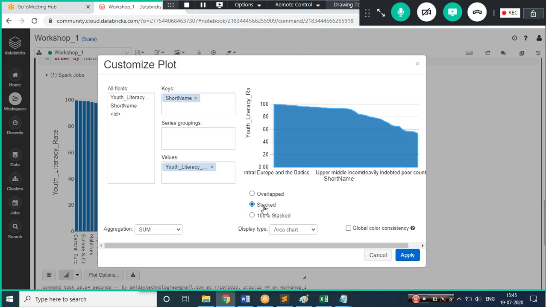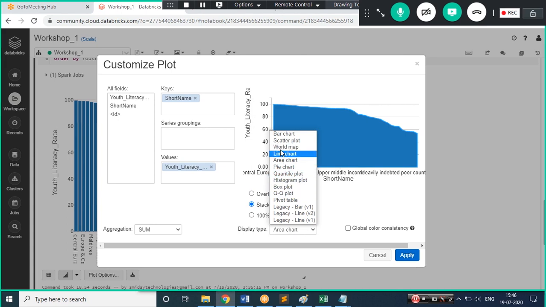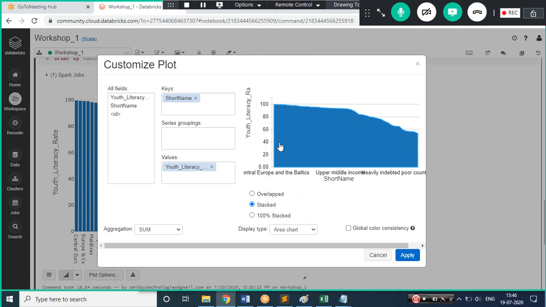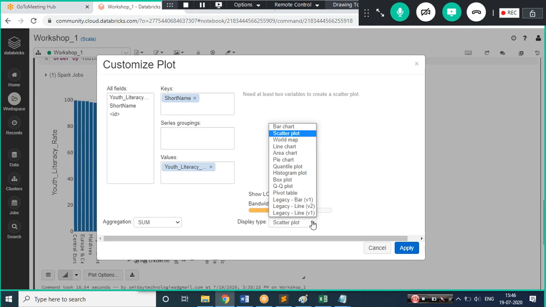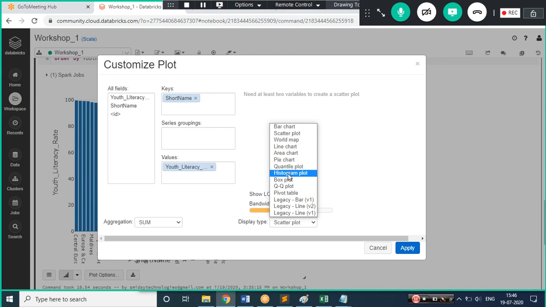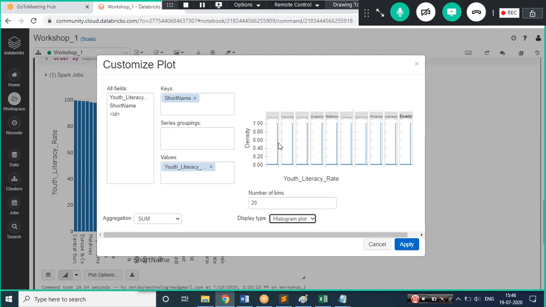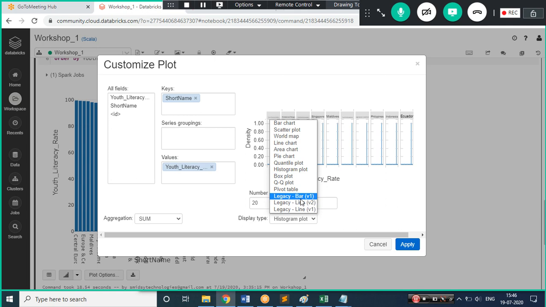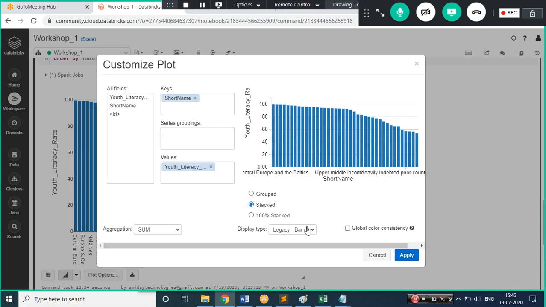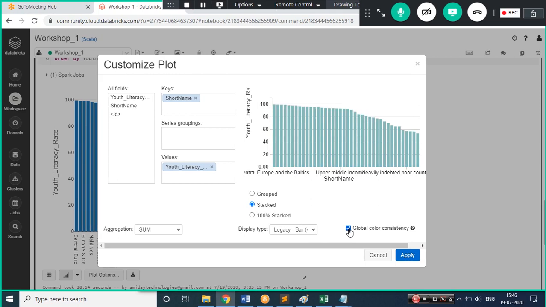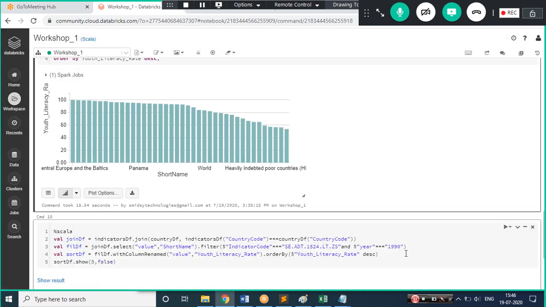Okay, so let's go with stack, and this is the stack method. If you want to see different types of charts, let's go for scatter. Scatter is not showing, so I think some values we need to increase. You can go for histogram, some small plotting will come, that is okay. Let's go with bar and see this chart. Okay, and global, so let's apply this.